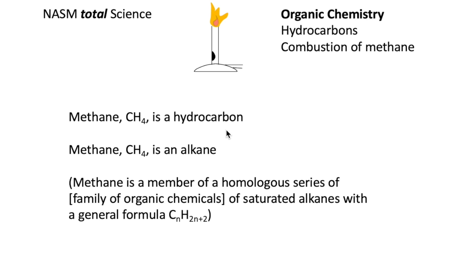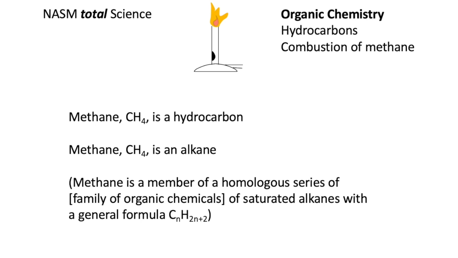We're going to look at one reaction of hydrocarbons, and in particular here, combustion. The hydrocarbon we're going to look at is methane, and it's an alkane, so a member of a homologous series, and they all end in ANE, a family of organic chemicals. The alkanes are saturated, which means they have the maximum number of hydrogen atoms for each carbon atom present, and single carbon-carbon bonds if there's more than one carbon atom. And the general formula is